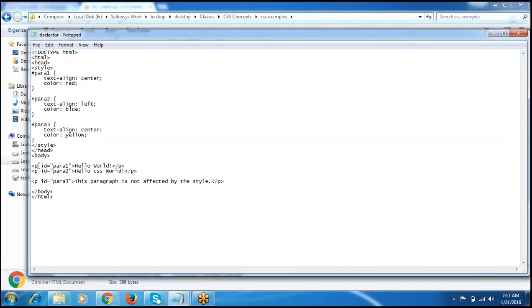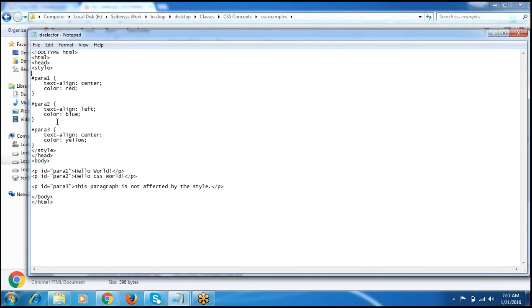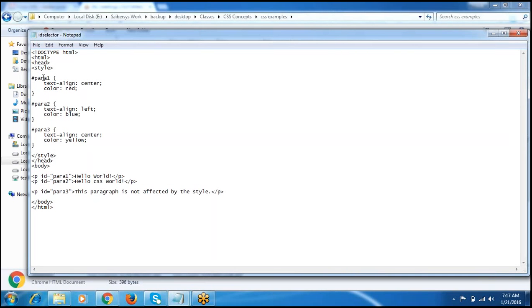For the three paragraphs, I have written IDs: the first paragraph ID para1, the second paragraph para2, and para3. I have given IDs for the paragraphs. So here in the style tag, I have written different styles for different paragraphs. Okay, first paragraph,